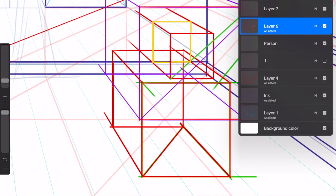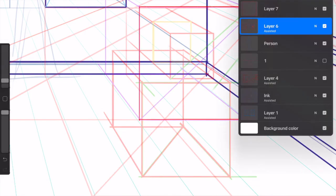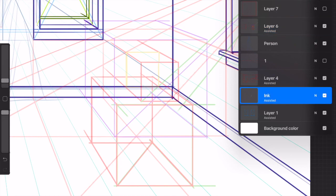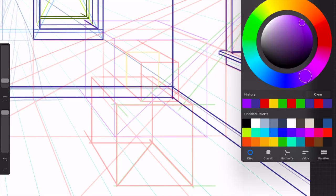So I am going to take this layer, turn the opacity down, and you can see it looks kind of like a mess now. So this is why inking it in is going to really help to know what is what. So I forget which color. It's this one. All right, so I'm going to start forward since that one is going to be covering up other boxes. It'll help to